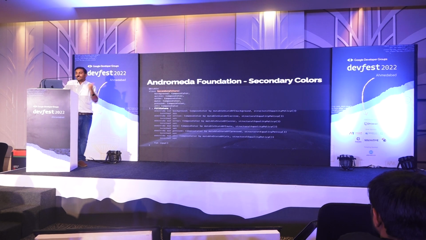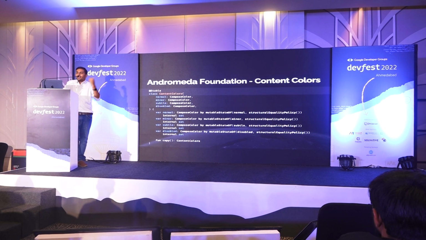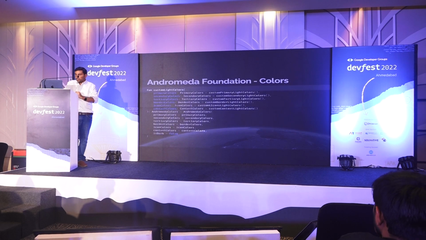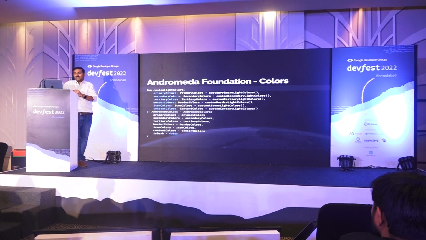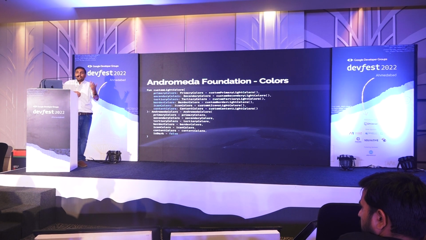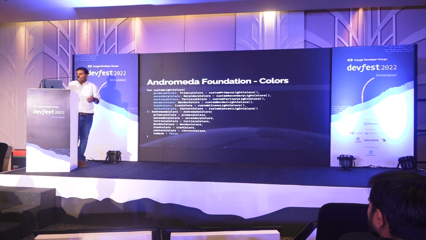Taking that one step further, secondary colors, nothing fancy. Content colors is for the content like text, या button के अंदर का content, या even cart का अंदर का content, cart view का, right? Most importantly, if you don't want to use any of the colors I have provided, that's okay, no hard feelings, but you can write your own custom. That's the point of a design system. Now, it's not a closed system, it's an open system. You can write some function like this where you can provide all these things for yourself, right?